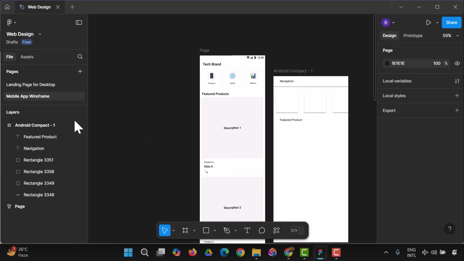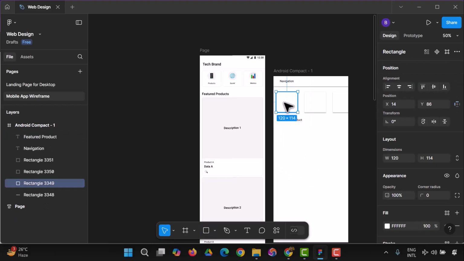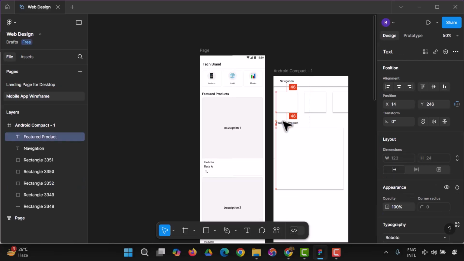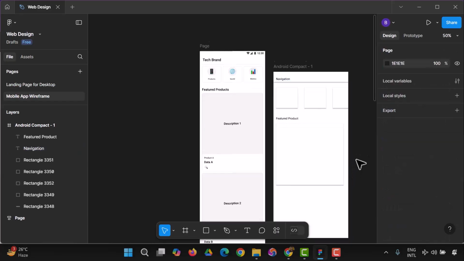So I'm just going to have a rectangle. Again, I'm going to have a rectangle, and all I have to do is use Ctrl D to duplicate this, and the featured product will still carry out. We still have something like this. So let's do something like this for the featured product, and this would happen this way. So this will be the featured product, this will be the navigation, and here we are. So we have the featured product right here,